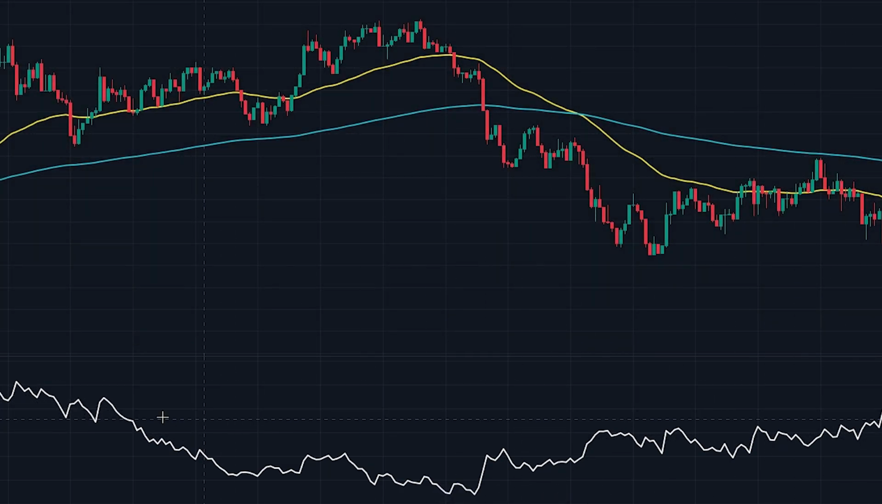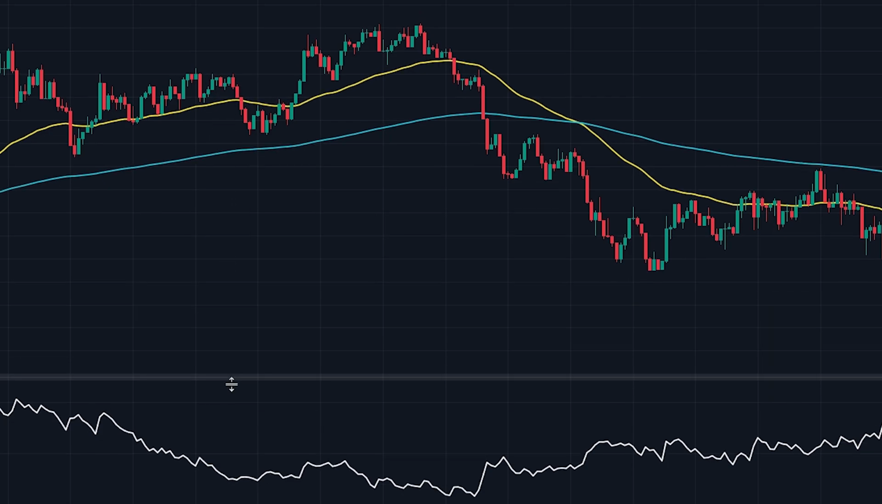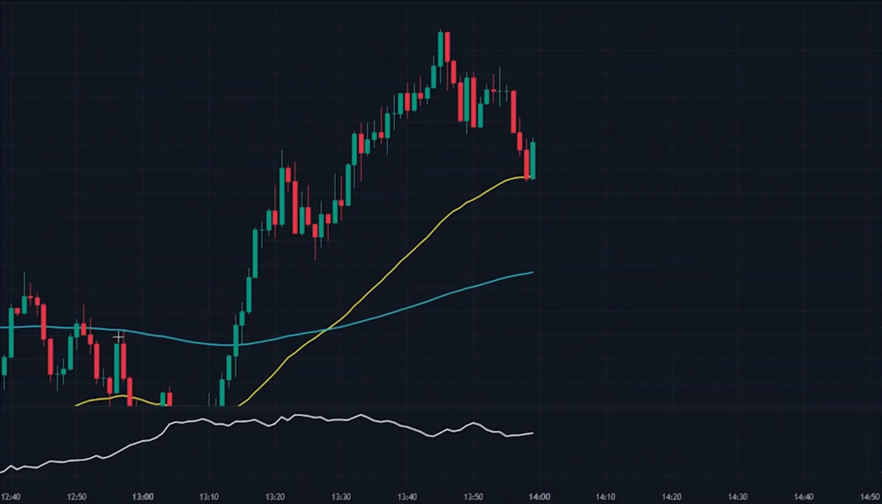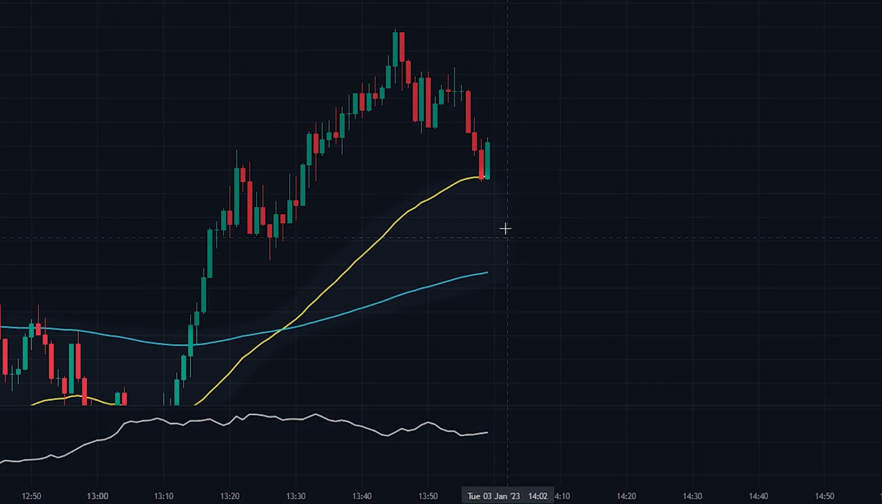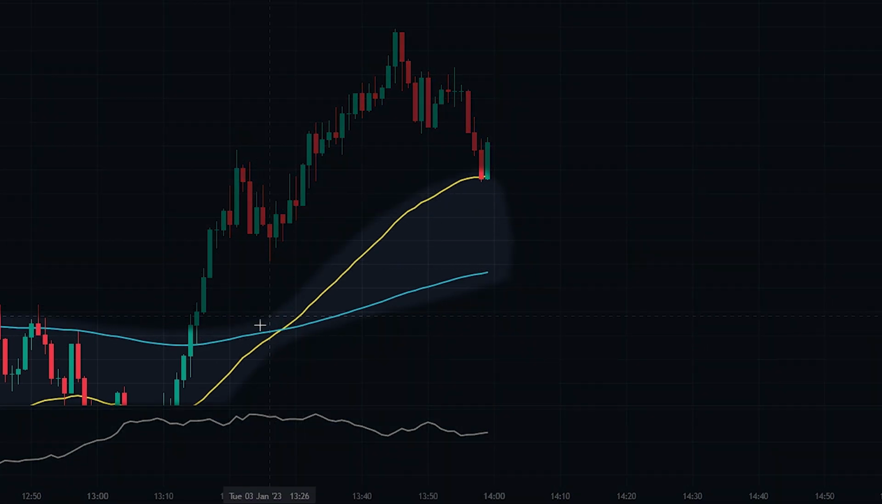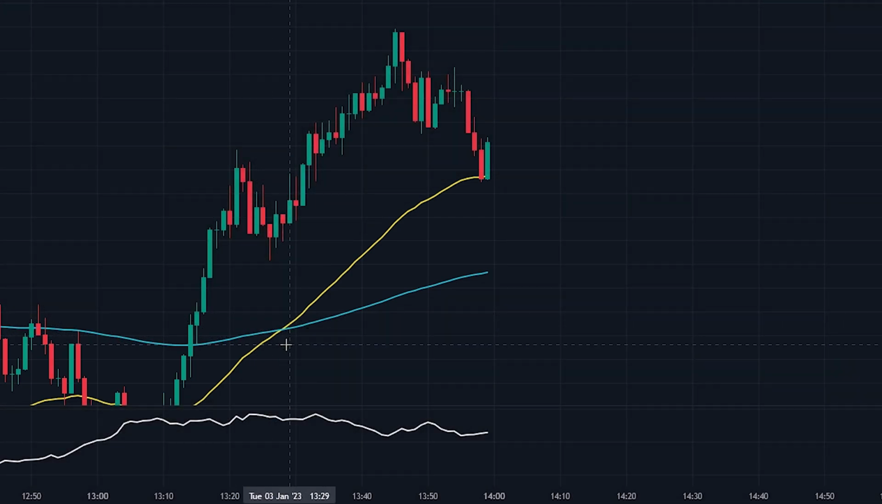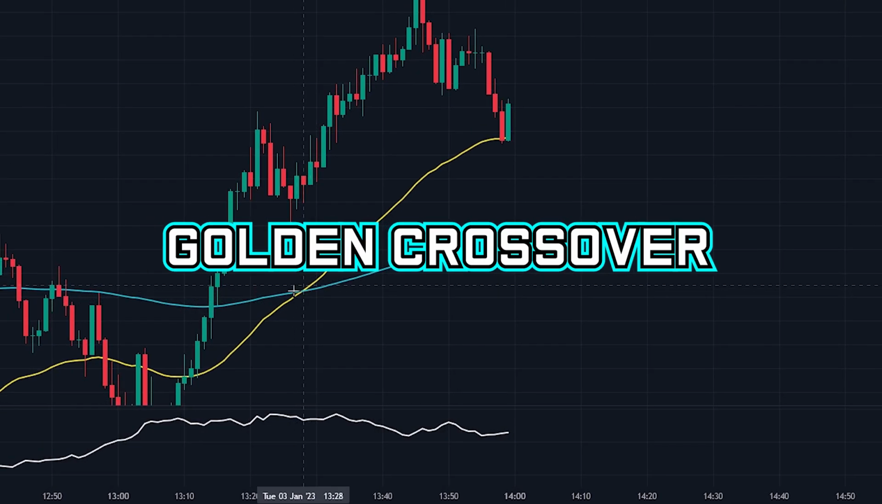Now that you know exactly how we will be using the indicators, let's take a look at when we will enter into a buy position. Firstly, there will need to be a bullish EMA cross. This means that the 50-period EMA has crossed above the 200-period EMA. This is also known as a golden crossover, indicating that the current trend of the market has switched to a